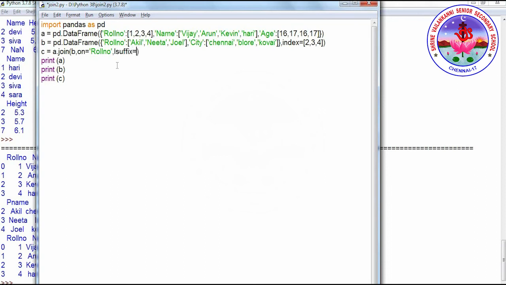L suffix gives the name for the left side data frame's common column. For example, if you consider this as A, and R suffix gives the name for the right side data frame's common column. Now we have A for this roll number and B for this roll number. A will be added to roll number, and B will be added to this roll number. So we'll have unique roll numbers.